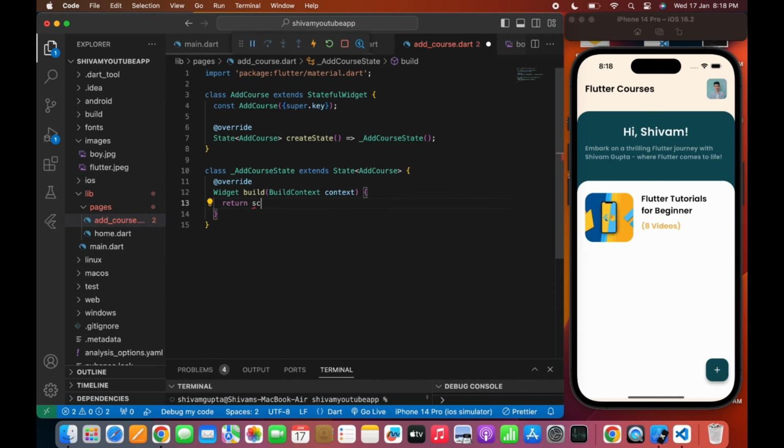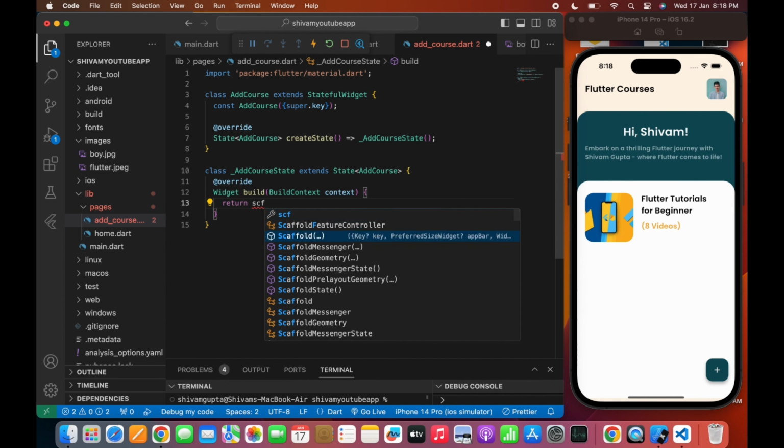Now scaffold, body, container, child, column, children,